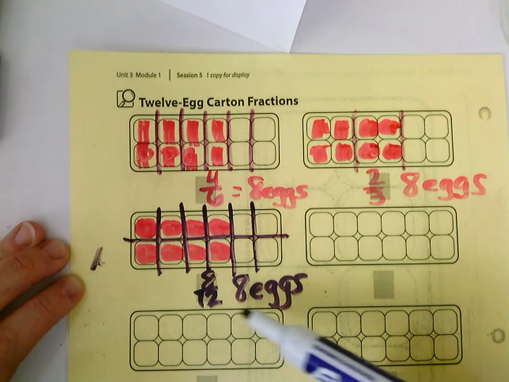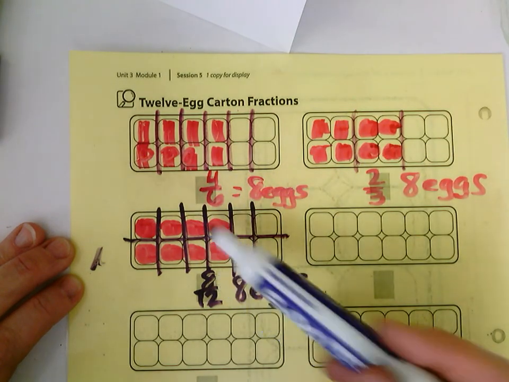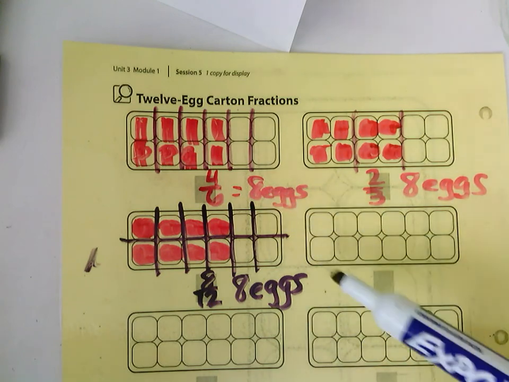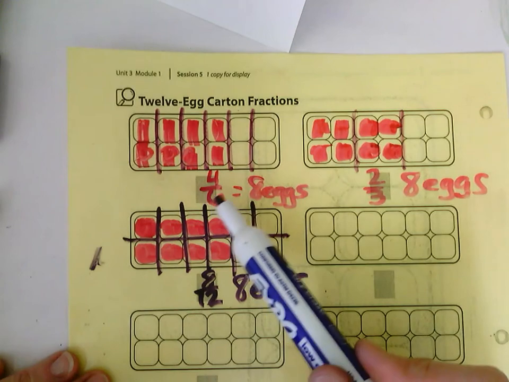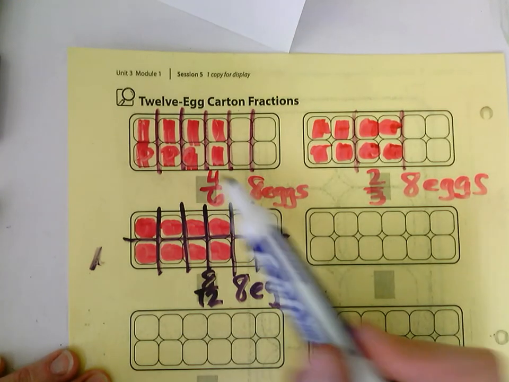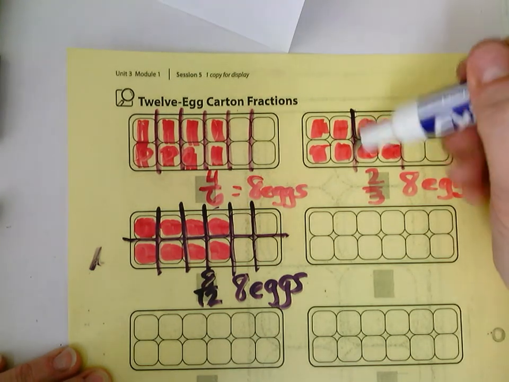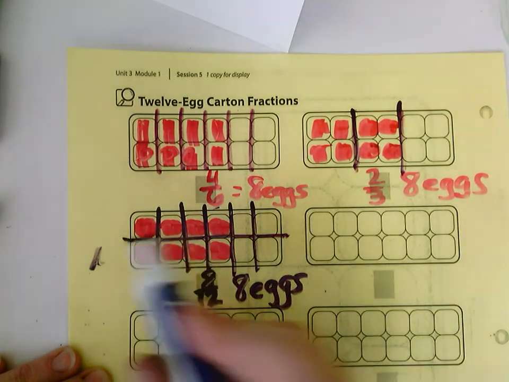In today's assignment, you're going to be looking at different amounts of eggs in the carton, and you're going to find different ways to name those eggs with different equivalent fractions. Okay, so here I named this 4/6 when I broke it into 6 equal pieces. Here I named it 2/3 when I broke it into 3 equal pieces. And here I named it 8/12ths when I broke it into 12 equal